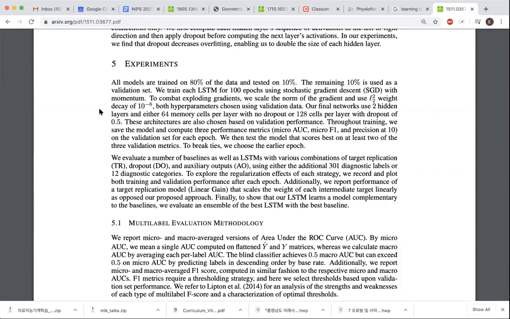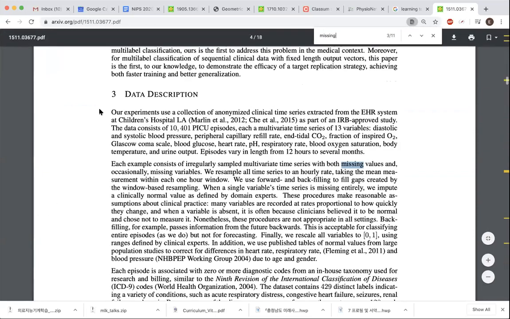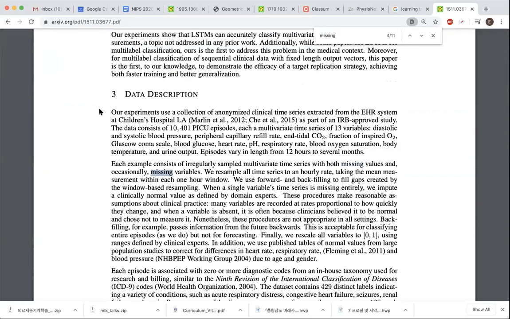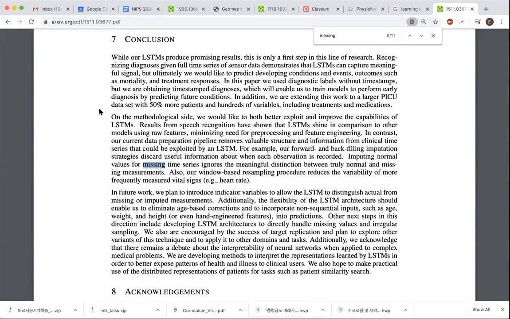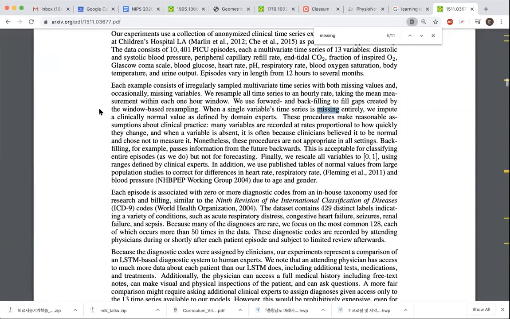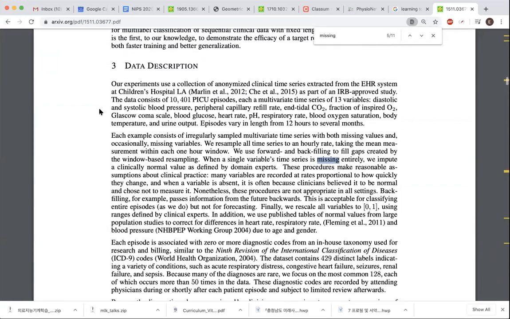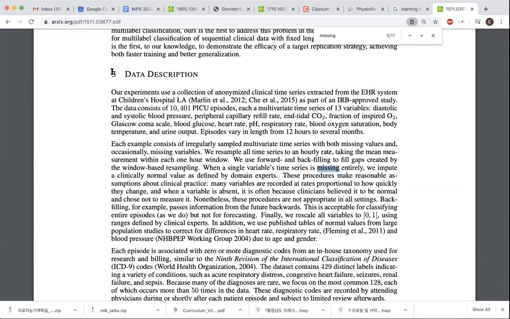Give me just a second. Let's see. Right here, okay, so the data description. So the third section is where they describe how they